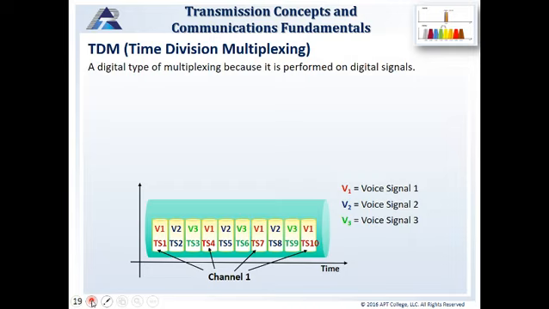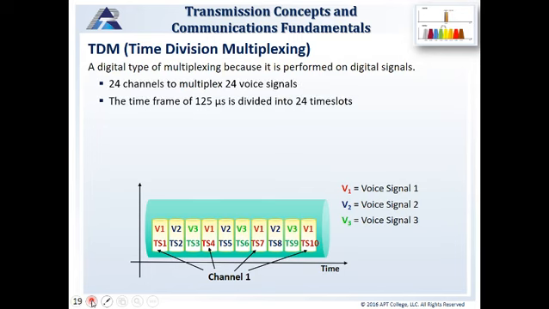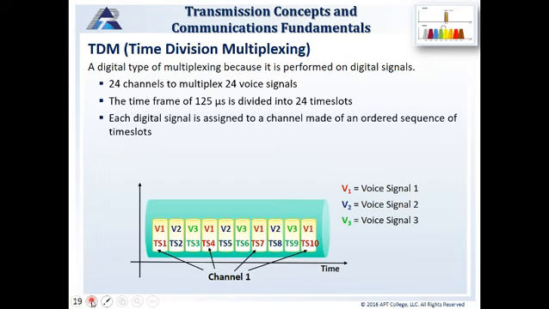For time division multiplexing, it's a digital type of multiplexing because it's performed on digital signals. It generally has 24 channels to multiplex 24 voice signals, and we use a time frame of 125 microseconds divided into 24 time slots. Each digital signal is assigned to a channel made of an ordered sequence of time slots. So if we have 24 time slots, they could each go to their own individual voice channels, but in this case we're showing that we only have 3 voice channels, and so each of the 24 time slots are being